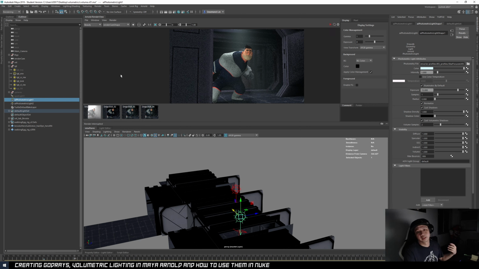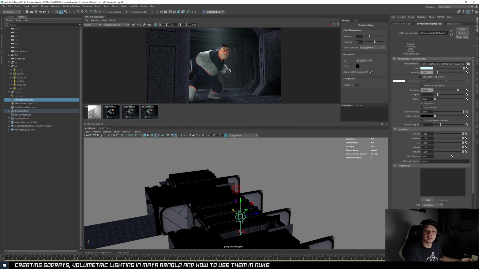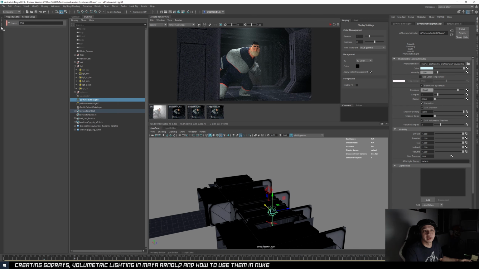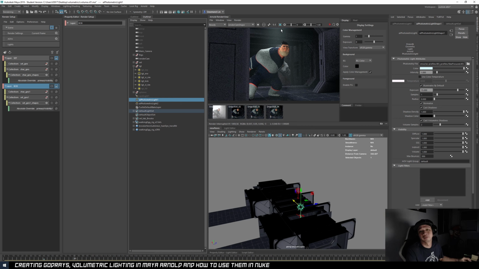Cool. Alright, so let's talk about how to properly render them. If you were to render them baked into your RGB, basically your beauty renders, it will be impossible for you to remove them or alter them, or even if I want to shift them or adjust them in comp, it will be very difficult because they will be baked together with your environment. If I go to my environment and render now, I will have my volumetric baked into it. So I can't technically adjust this volumetric, right?